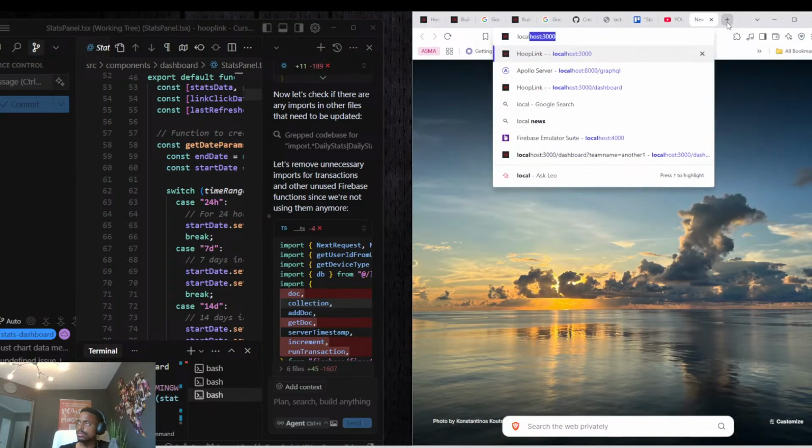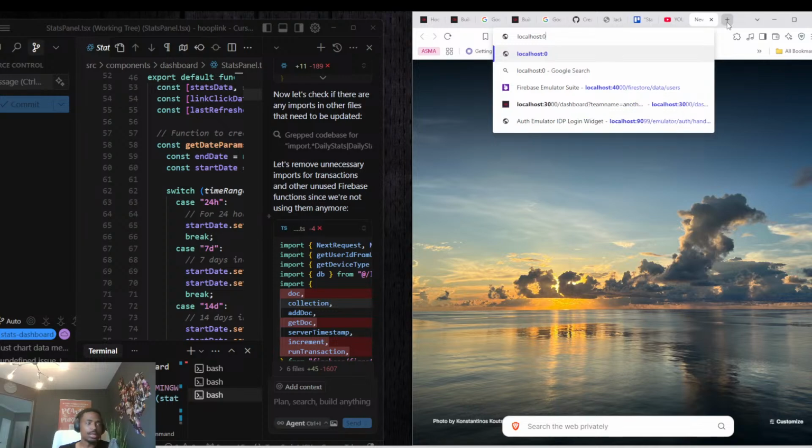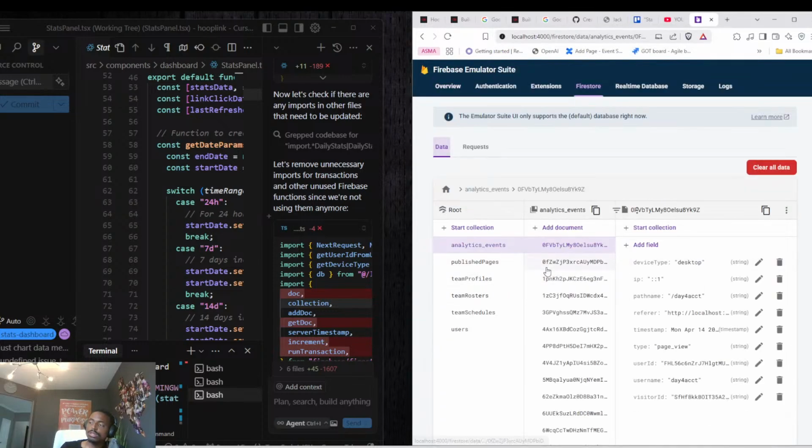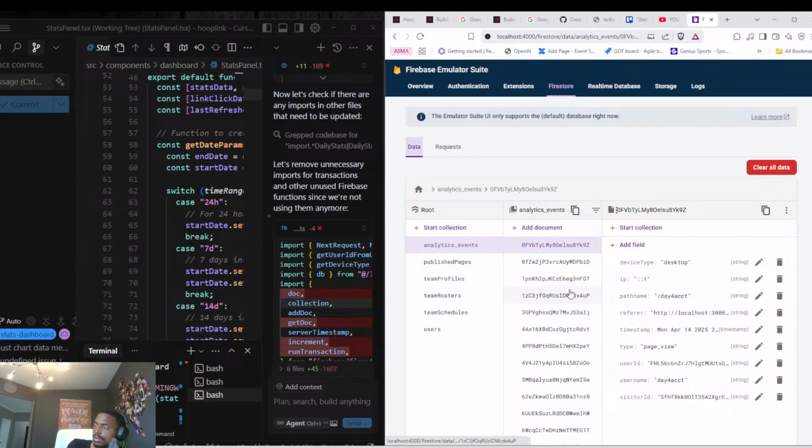If we go to localhost 4001, our database is running locally, obviously, because we're using an emulator. So we don't want to save local data to production, obviously. So one thing for these page views,